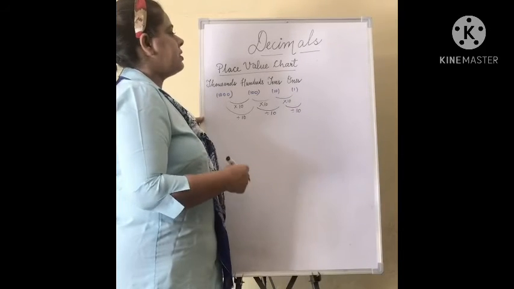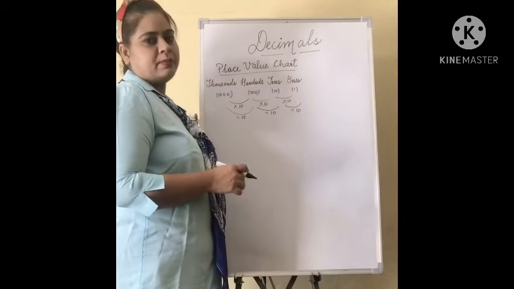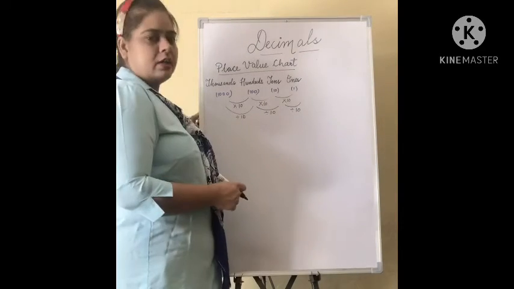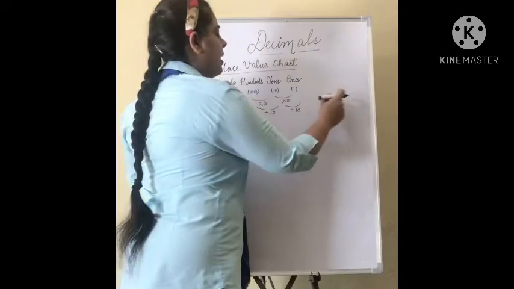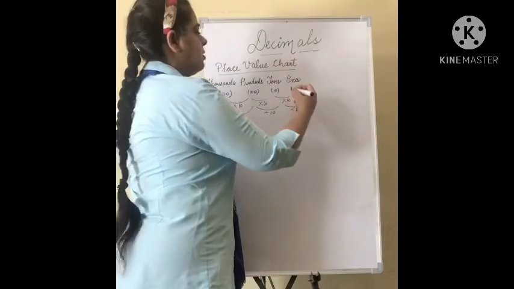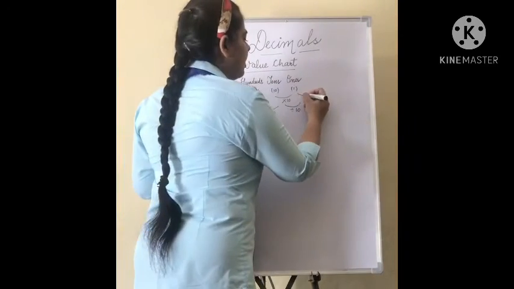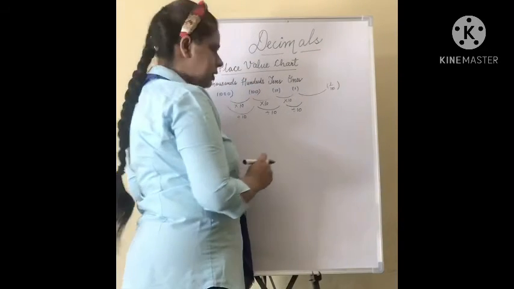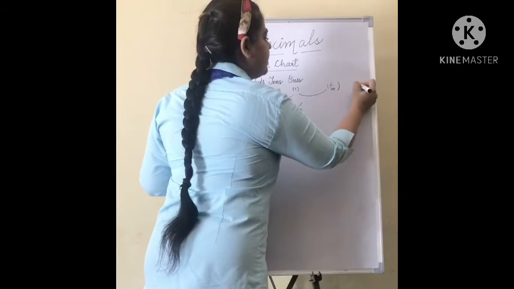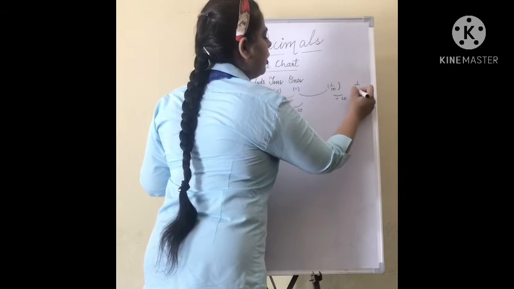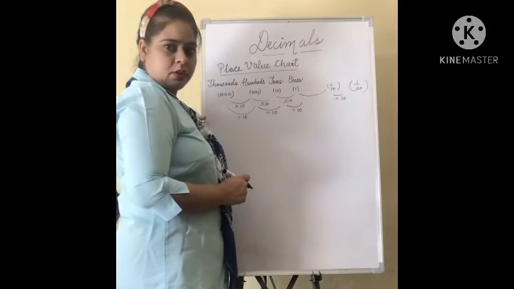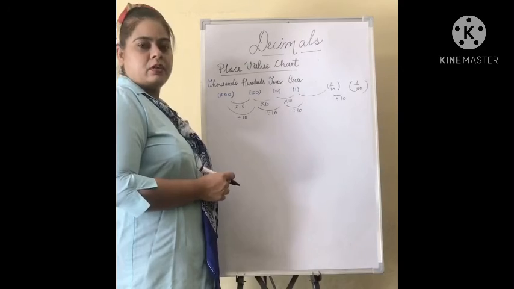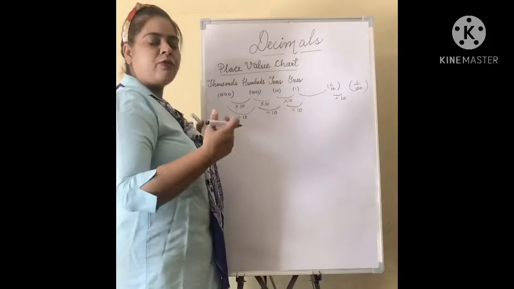Now, what is the decimal? What is the place value chart of decimal places? How we will represent the decimal places in this chart? Let's see. अगर आप 1 को दोबारा 10 से, अब राइट साइड चाहिए हमें, डेसिमल प्लेस इज ऑलवेज ऑन द राइट साइड. अब 1 को अगर आप 10 से डिवाइड करते हो तो यू यूज टू गेट 1/10. यस, फिर आप 1/10 को दोबारा से 10 से डिवाइड कर रहे हो तो यू आर गेटिंग 1/100. यस, नाउ हाउ यू विल राइट दीज 1/10 एंड 1/100 फ्रैक्शन. 1/10 और 1/100 को फ्रैक्शन फॉर्म में कैसे लिखेंगे?